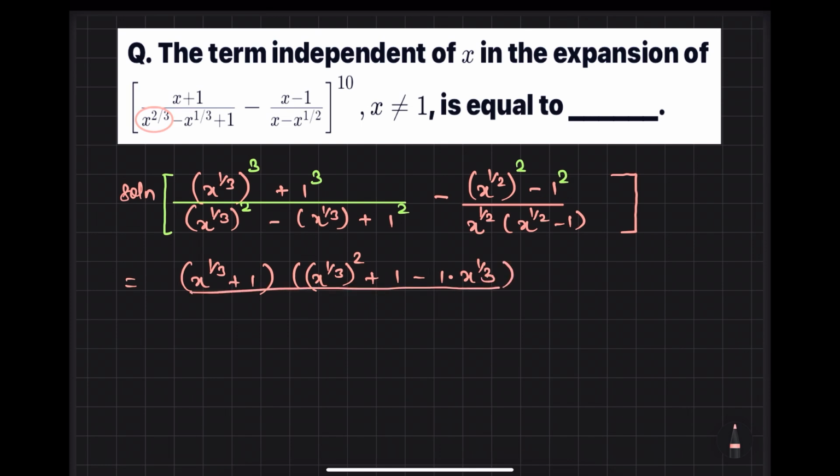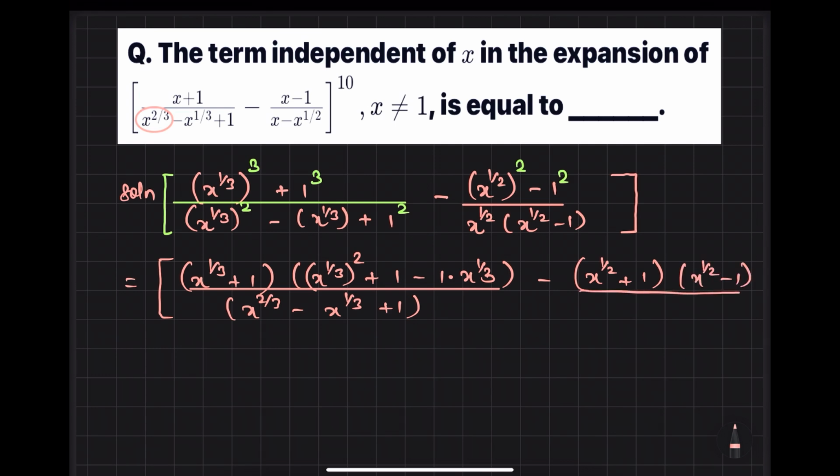Okay, we have (x power 1 by 3 plus 1) into (x power 2 by 3 minus x power 1 by 3 plus 1), and (x power 1 by 2 plus 1)(x power 1 by 2 minus 1). We have power as 1/2, sorry. x power 1 by 2 into (x power 1 by 2 minus 1). Now you can neutralize things. So this thing will neutralize this, this thing will neutralize this. So we are left with,